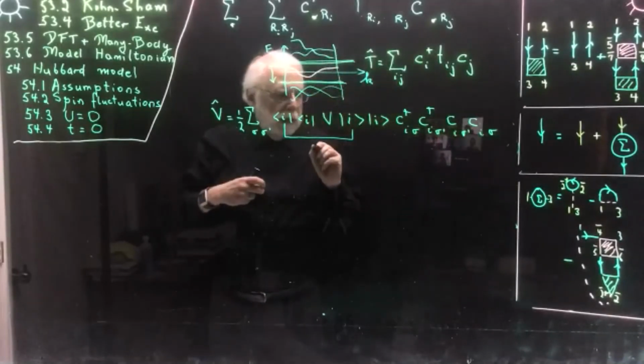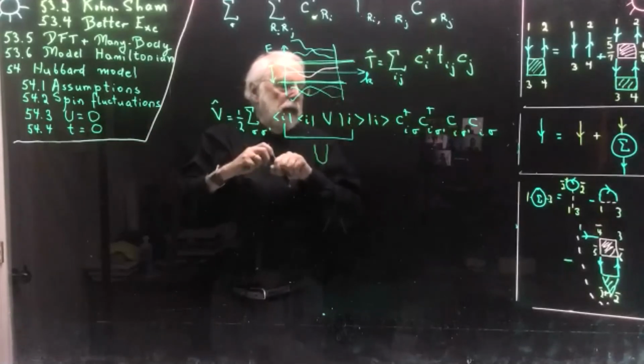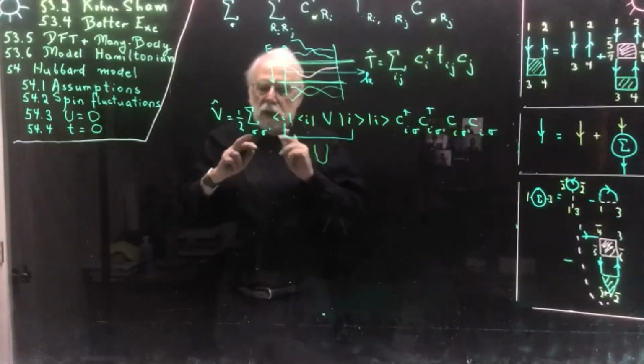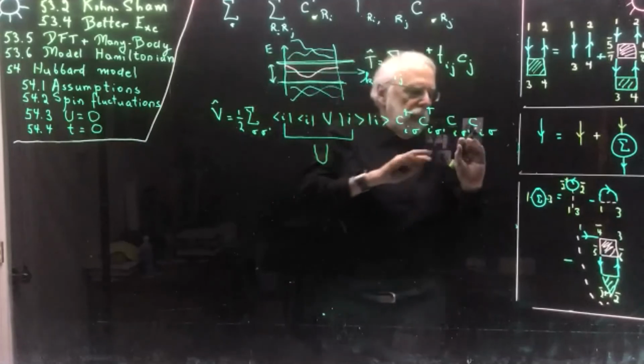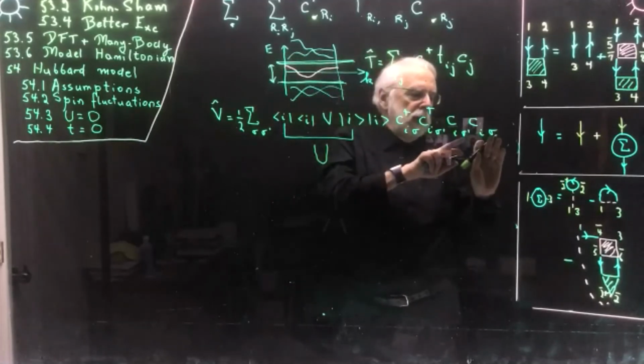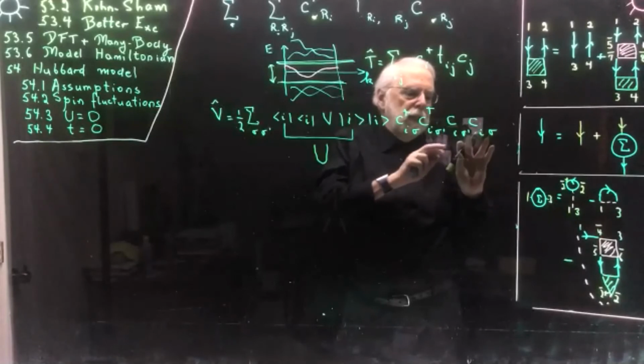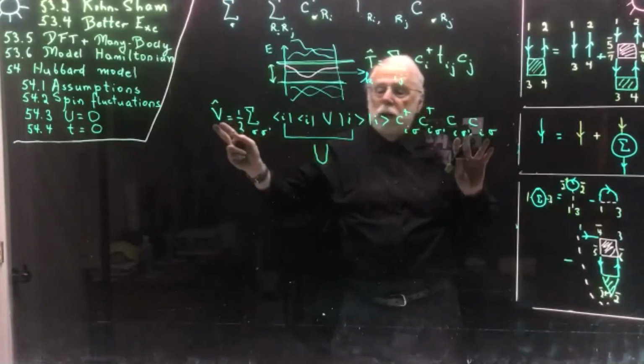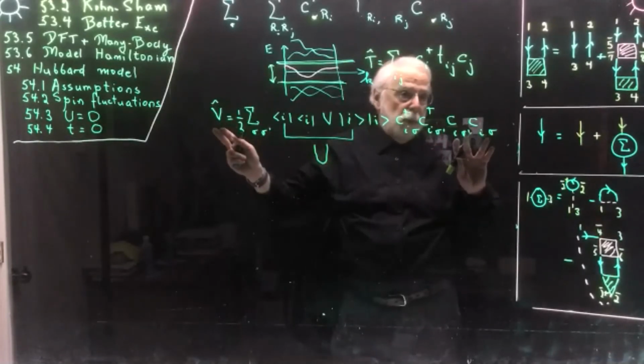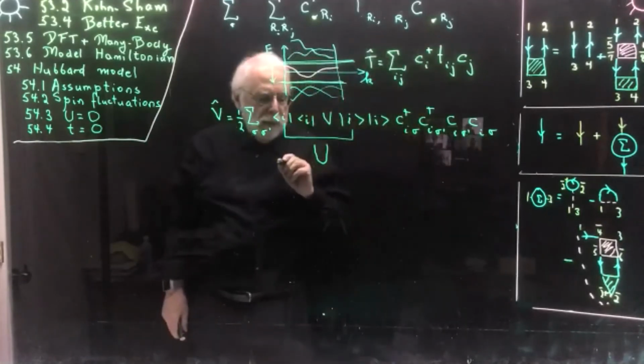And now I call this U. And now what do I have? Sum over sigma prime. You see that when sigma prime is equal to sigma, this is two destruction operators at the same place, so it's 0. So the only non-vanishing term will be when sigma and sigma prime are different. Okay, so I'm left with